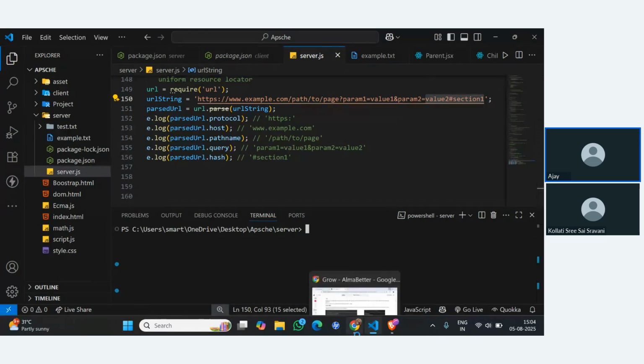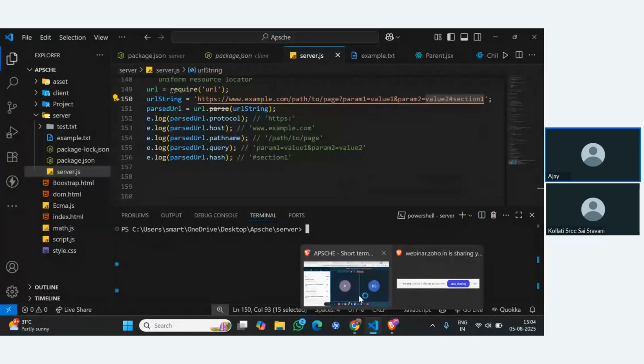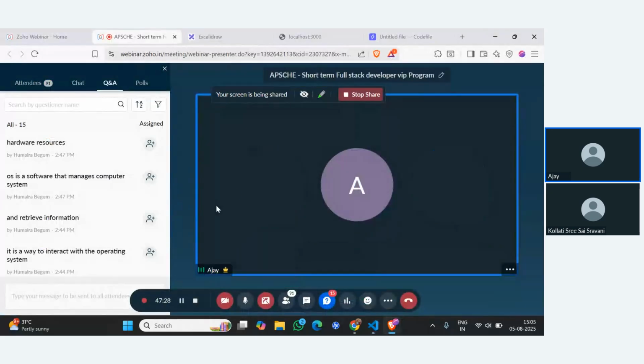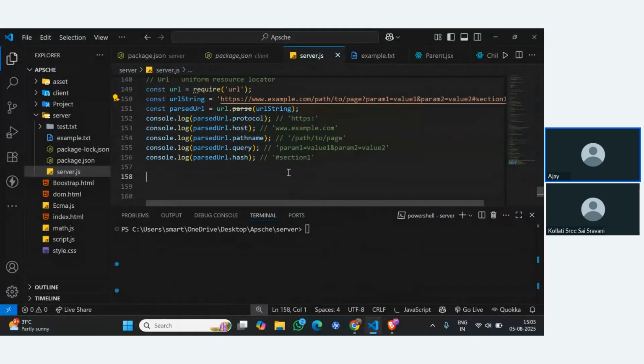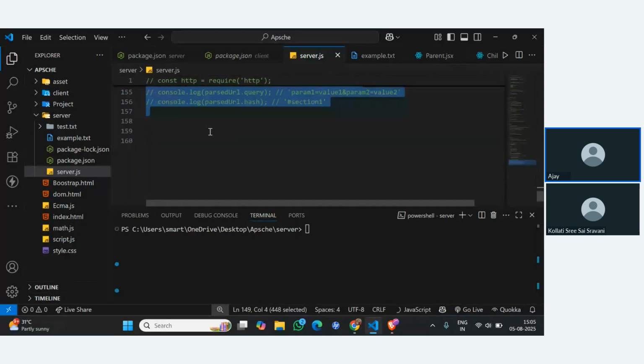Anyone having any doubt inside a URL? Yeah, right. Guys, any doubt inside URL? Next thing is